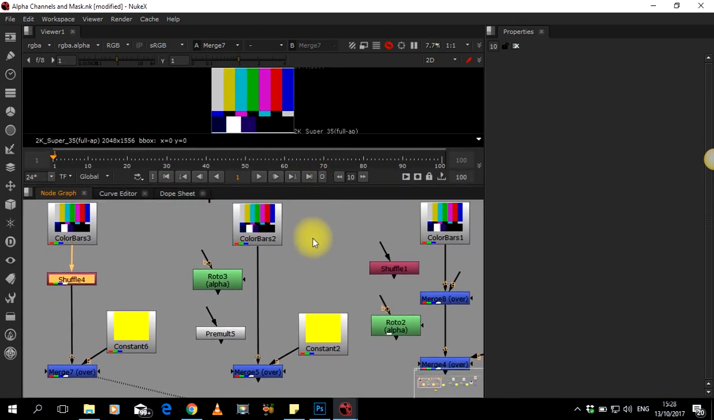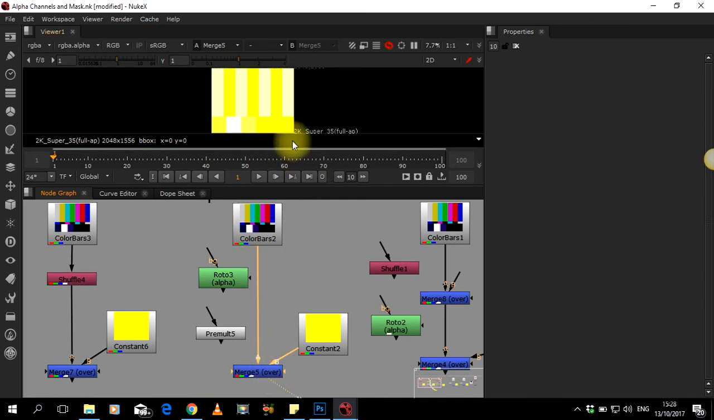In this case, we have the same thing as before, but what we do is introduce a roto alpha in between. We will select this first, the merge. We're still getting the same problem as before. This time there will be no need to use a shuffle node for the purpose of forcing an alpha channel. Instead, we are going to use a roto alpha node. Once we introduce the roto alpha node,